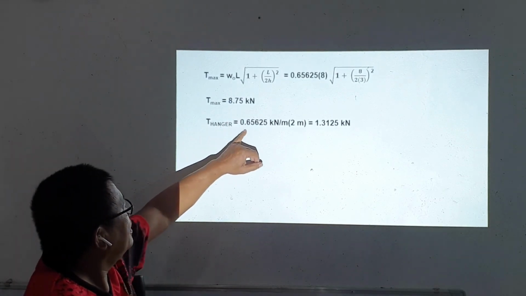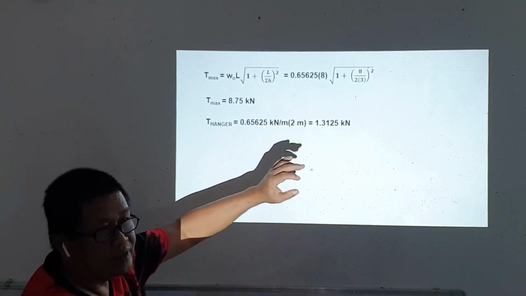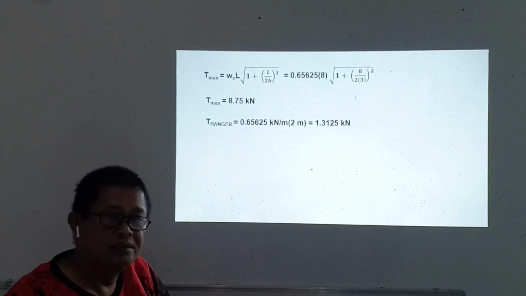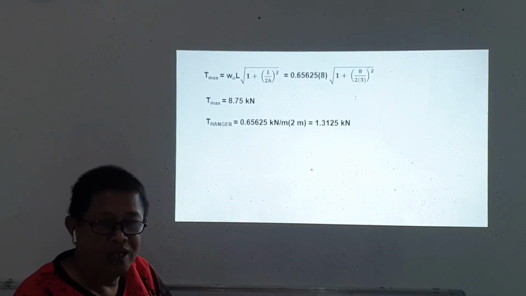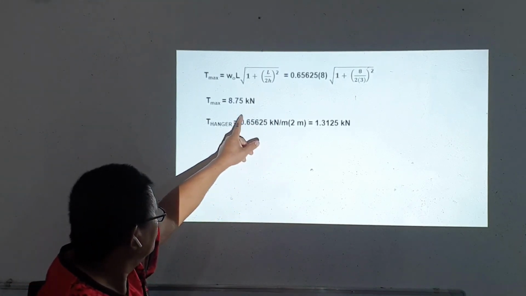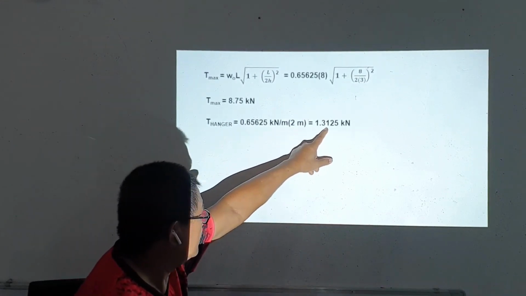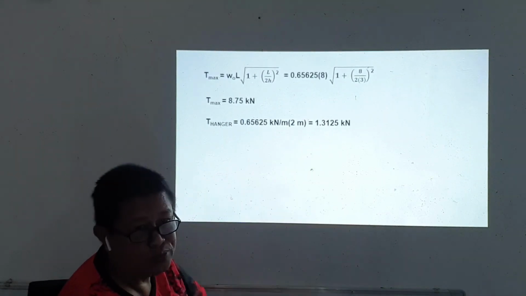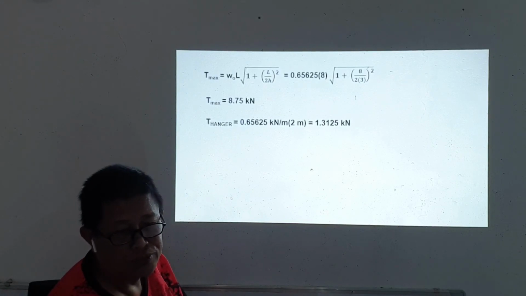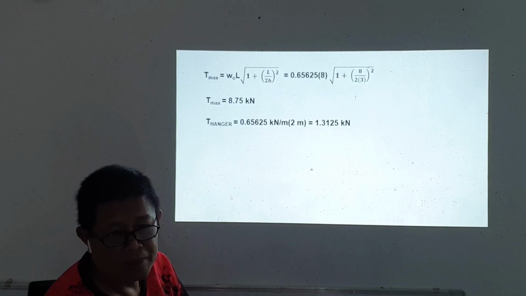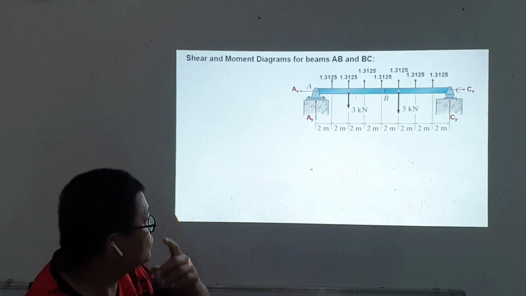For the hangers, since the hangers are placed 2 meters apart, each hanger will carry W sub O times 2 meters. So each hanger will have to carry 1.3125 kilonewtons. Okay, each hanger is distributed 2 meters from each other. With these forces now known,